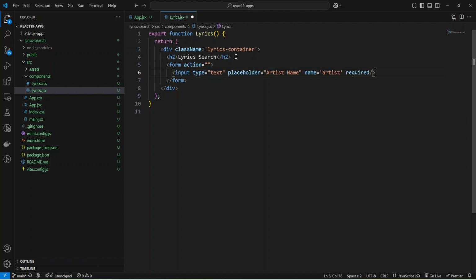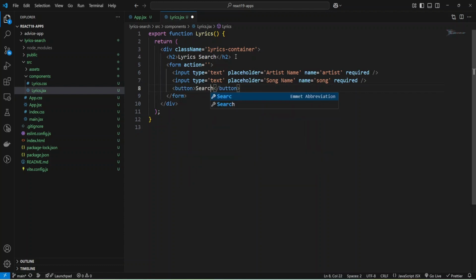Okay, and now I can copy and add the second input for the song name, and the name will be song. Okay, and next we can add a button, and the text will be Search, and let me add a class name, and I'll just add type submit, and we'll submit the form by clicking on the button.